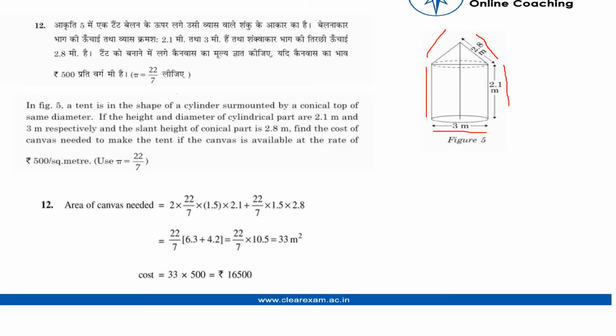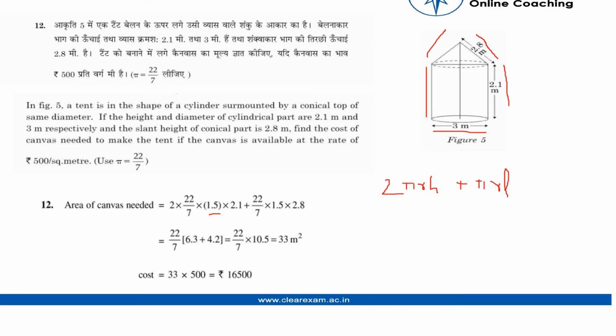So the formula for the lateral surface area for the cylinder is 2 pi rh. The lateral surface area is also known as curved surface area. 2 pi rh is the formula for the cylinder, and for the cone it is pi rl. So the radius of the cylinder is 1.5 because 3 meter is the diameter which is given to us,